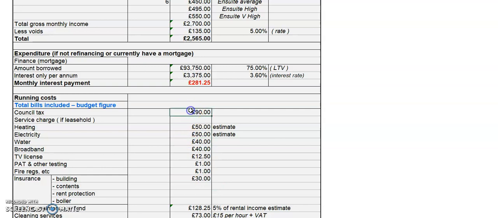If you're doing a HMO, this is what I said, know and understand your investment area. If you're, let's say in London, I'd possibly recommend and I'd probably guess that your council tax is going to be higher than £90. So if it's £150 and you're choosing to put 150 and work through all your numbers. Service charge, if it's a leasehold, it's not where I live, so it's zeroed. Heating, depends what all these are. Work through gas, electric, water,